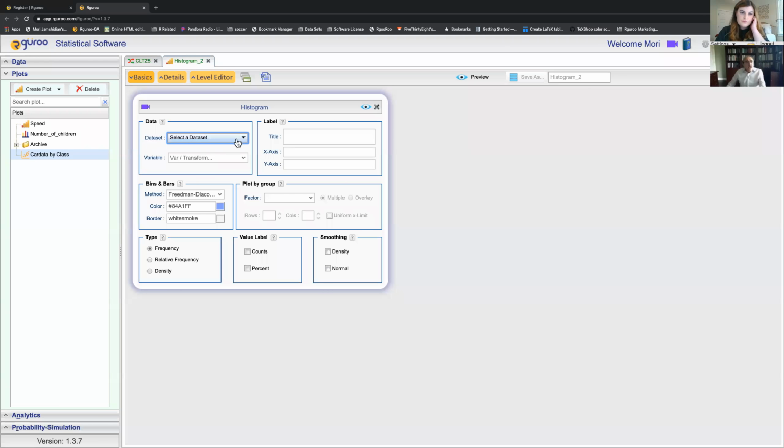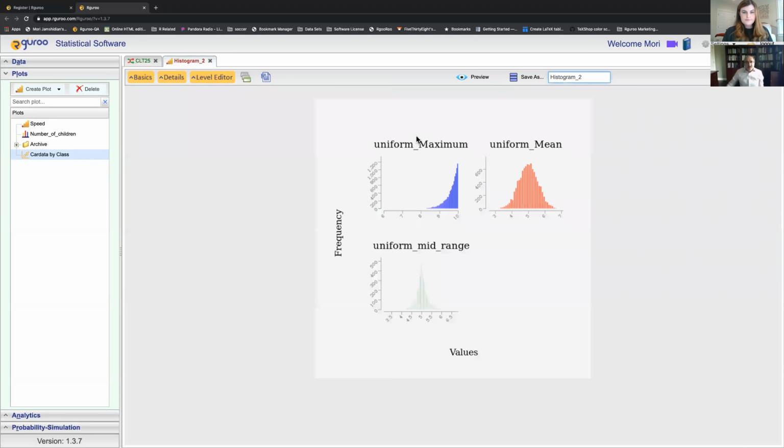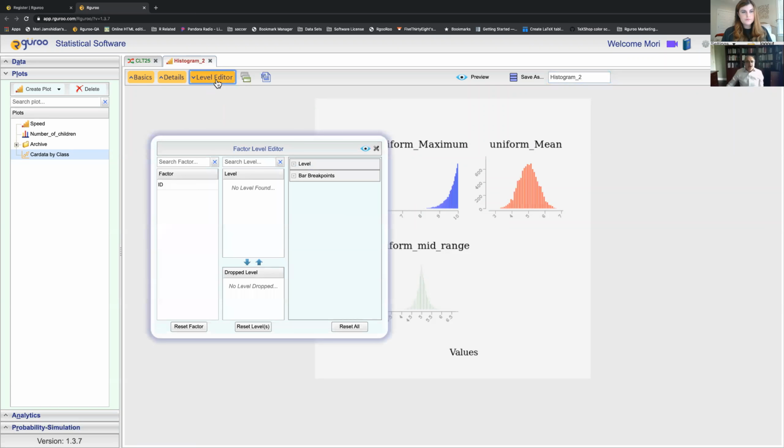All right. And now let's just, that CLT25 is our data set. And let's just go ahead and graph the values that we have. And let's do it by factor ID, which is essentially the 3 different levels that we had, right? So now you can see that I have the uniform maximum, uniform mean, uniform mid-range, and I have all the distributions here, right? And so here, for example, I could go to the level editor and, for the uniform maximum,